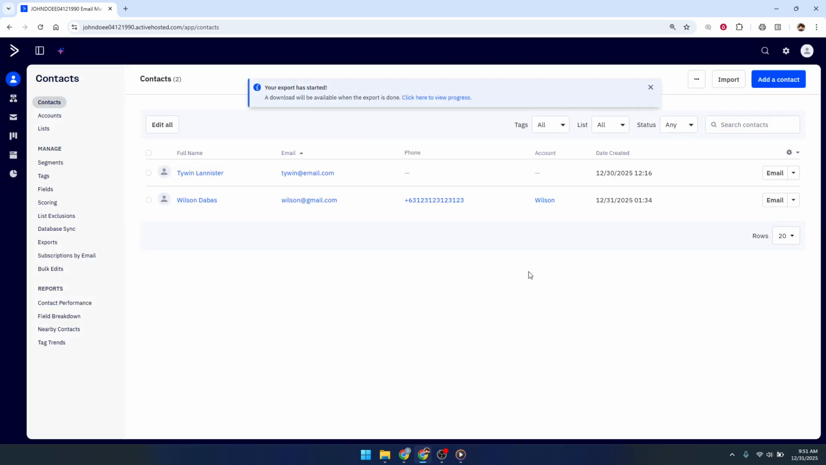ActiveCampaign will now start processing your file. Depending on how many contacts you have, this might take a little time, so don't worry if it doesn't appear instantly. When the export has finished processing, go back to the Contacts section in the left sidebar, and this time